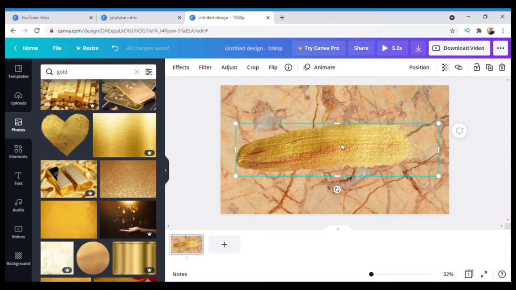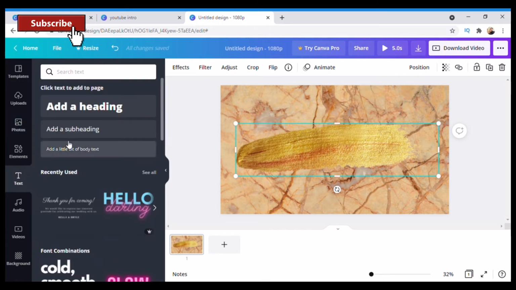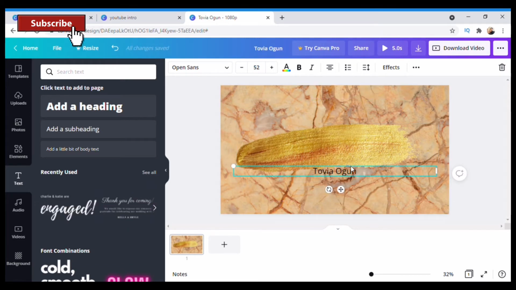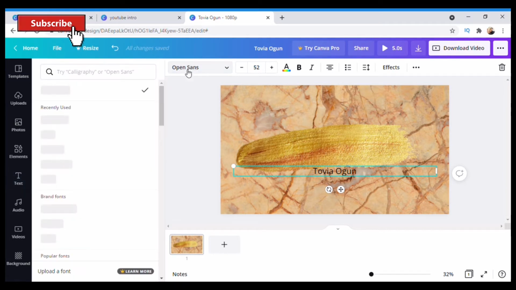Once you find this, you want to go back to the part that says text. Now click on add a subheading. Just write your name. My name is Tovia Ogun. I'm going to move that a little bit up. Once you've written your name, you want to go to the part that says fonts. Click on that, and then just search up